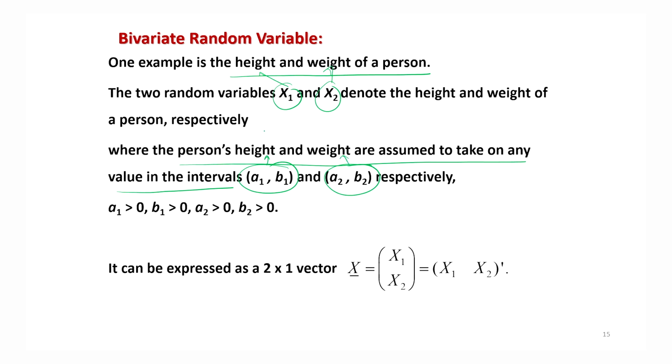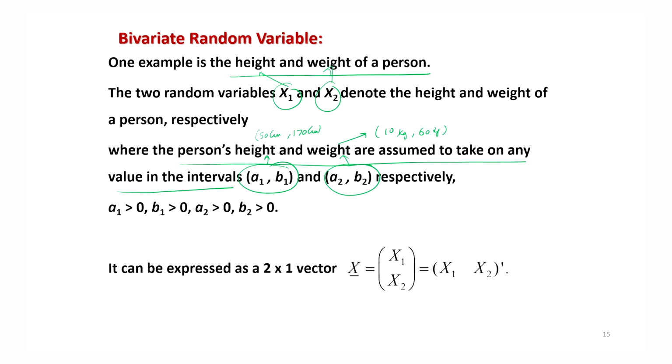For example, height can be between, say, 50 centimeters and 170 centimeters, and the weight can be between, say, 10 kilograms and 60 kilograms. Right, so these are some numerical values. Now the question is this: in statistics, how do we express such a bivariate random variable? It is indicated by a 2 cross 1 vector. This is a mathematical vector, like vectors and matrices. It is not a data vector of the R software.